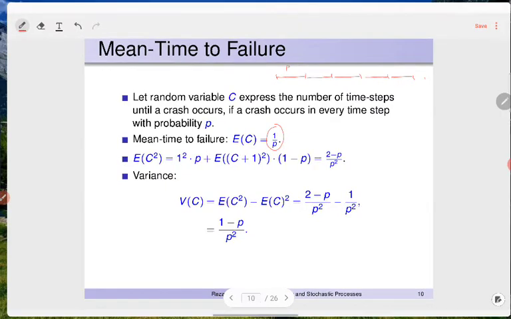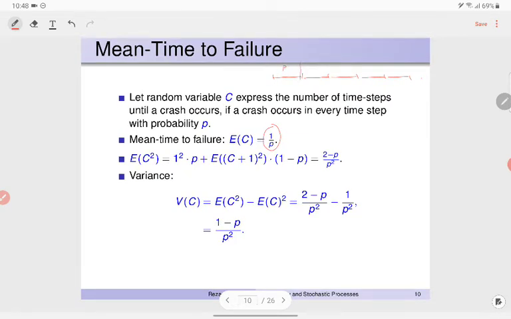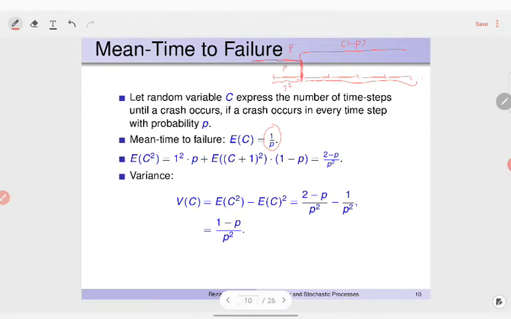The first possibility is that the failure occurs in the first time step, and this happens with probability P, or the failure occurs in other time steps, and this happens with probability 1 minus P. In the first case the payoff is 1 squared, and in the other case the time outside of the first time step is expressed by the expectation of C plus 1,